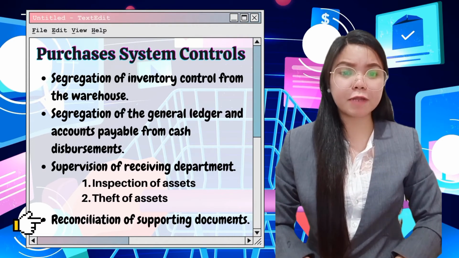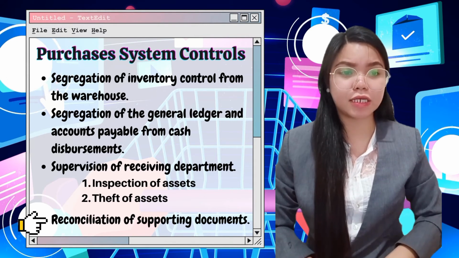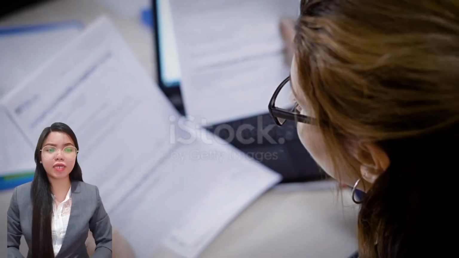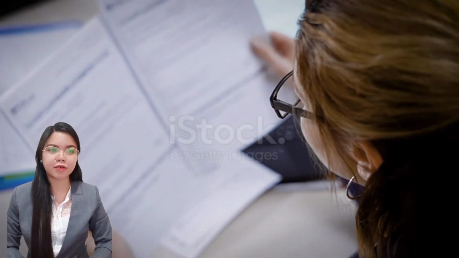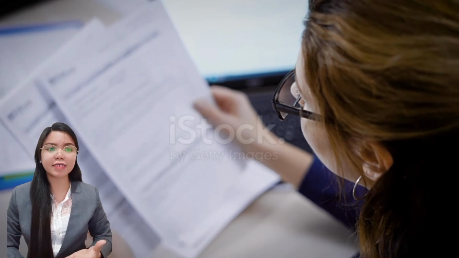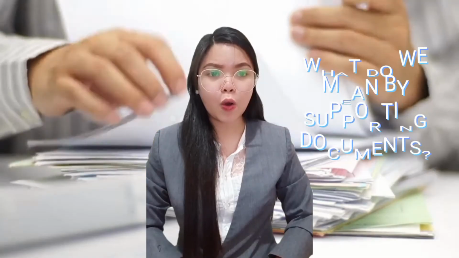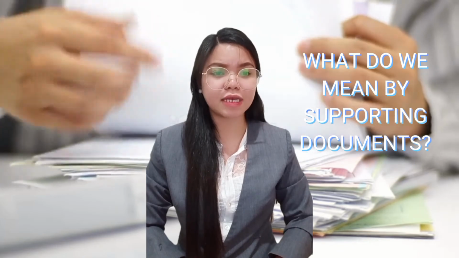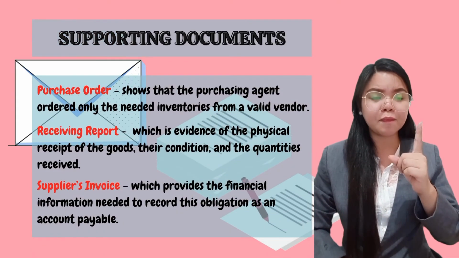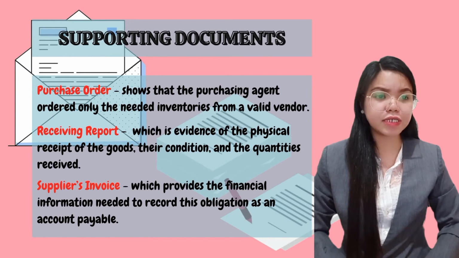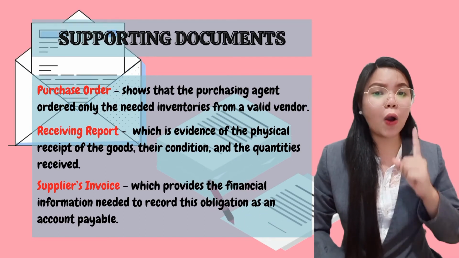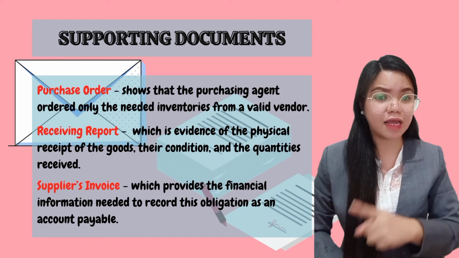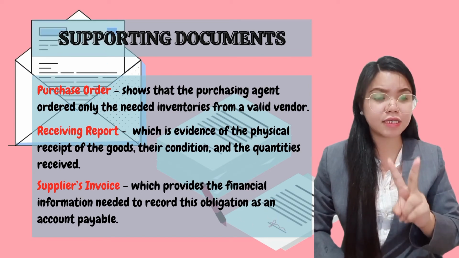The Accounts Payable Department plays a vital role in controlling the disbursement of cash to vendors. Copies of supporting documents flow into this department for review and comparison. Each document contains unique facts about the purchase transaction, which the accounts payable clerks need to verify before the obligation is recognized. What do we mean by supporting documents? First, the purchase order, which shows that the purchasing agent ordered only the needed inventories from the valid vendor. The second one is the receiving report,